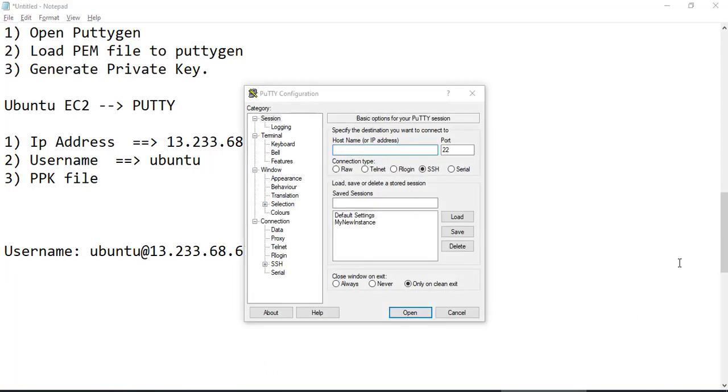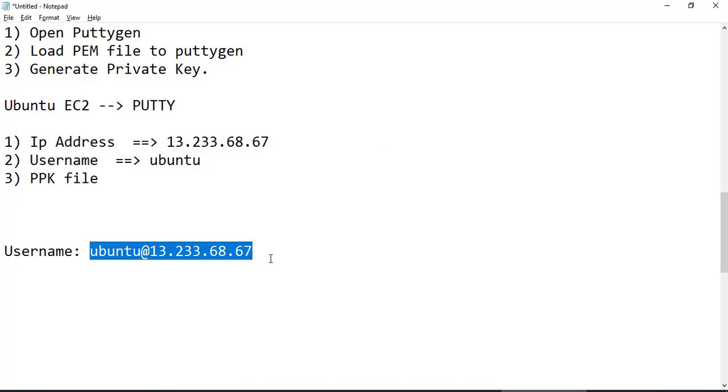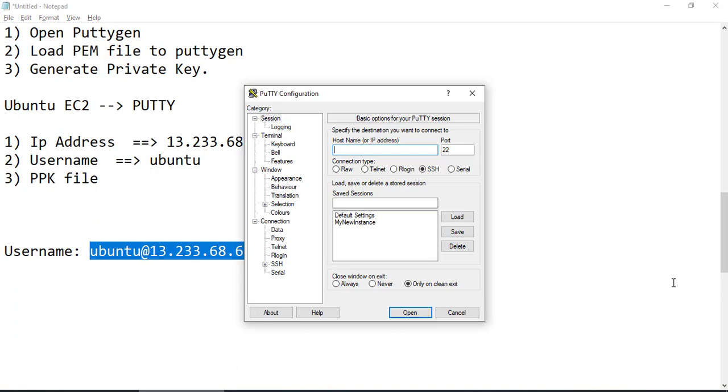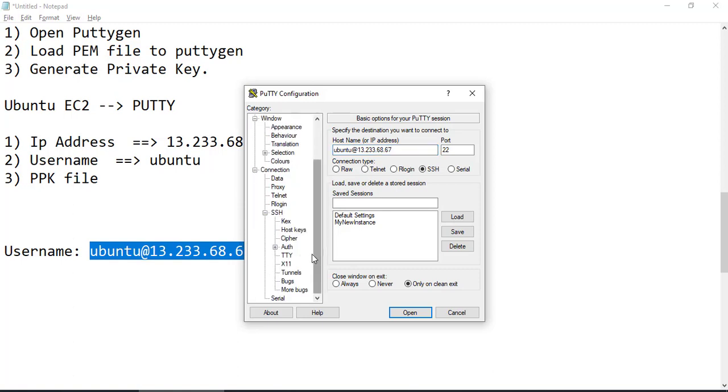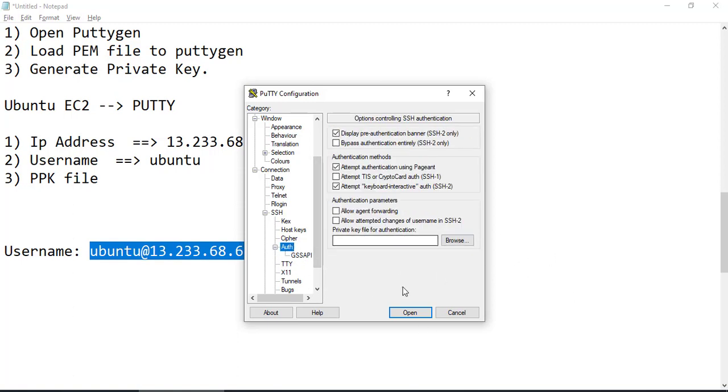I'll just open PuTTY here. This looks like this. Now it is asking for an IP address. So we have already created an IP address and username. This will be like your username @ IP address. And you can see by default the port is 22 because this is SSH, correct? Now what I'll do for connecting to this, I'll go to connection and then I'll click on SSH, then I'll click on auth. Okay. When I click on auth, you can see the private key file is being asked here.